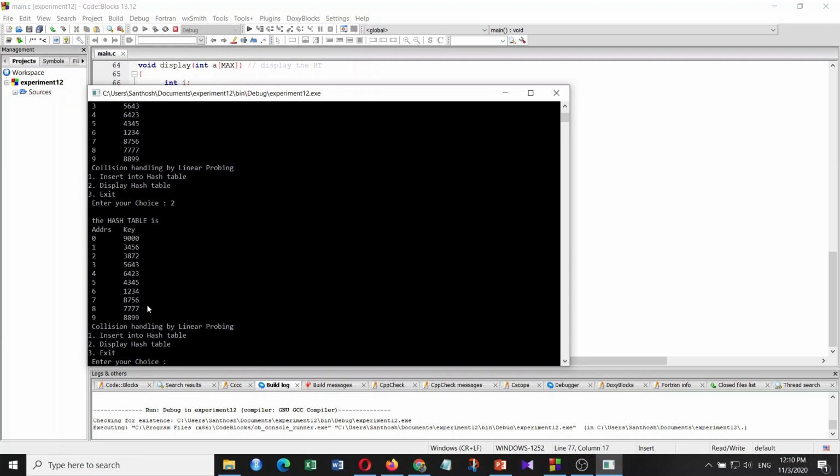This is how a hash table is created, and if there is any collision, it is avoided using the linear probe function. And you can try out the 2-digit address also, where you have to fill 100 locations to show the hash table full error message. That is why I have taken a single digit address.